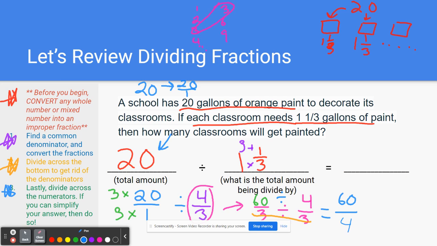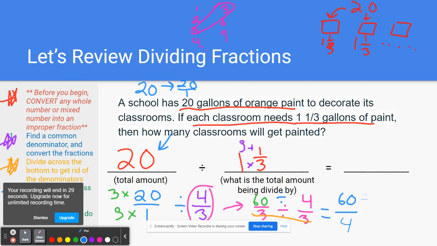Well, 60 and 4 are both even numbers, so I'm going to start off by dividing them both by 2. 60 divided by 2, 4 divided by 2, and that gives me a new fraction of 30 over 2. I can keep simplifying. 30 and 2 are both even numbers, so I'm going to divide them both by 2 again. 30 divided by 2 is 15, and 2 divided by 2 is 1. So 15